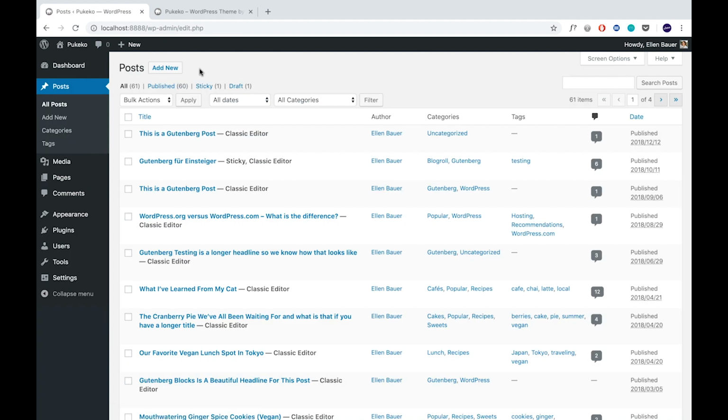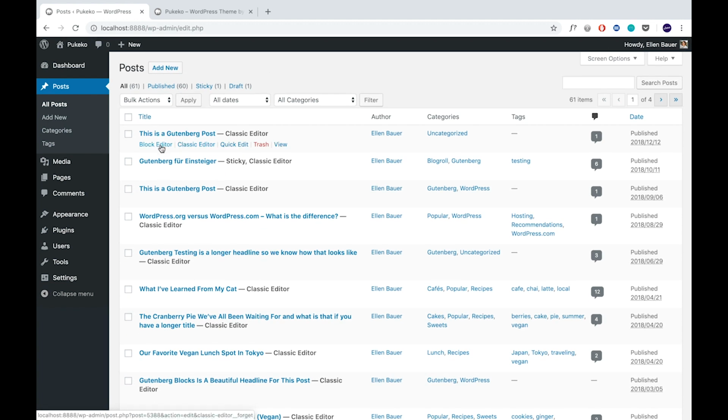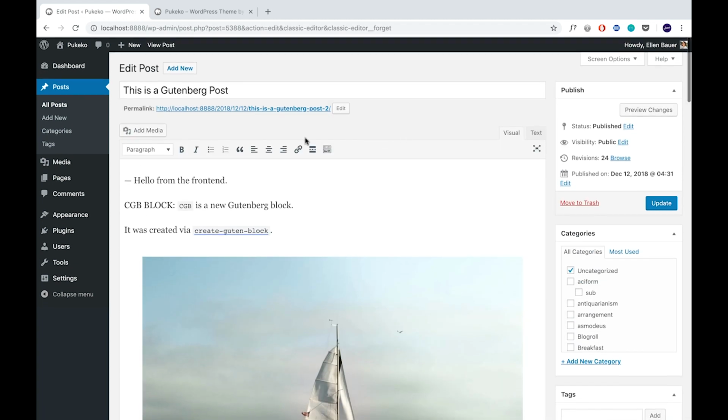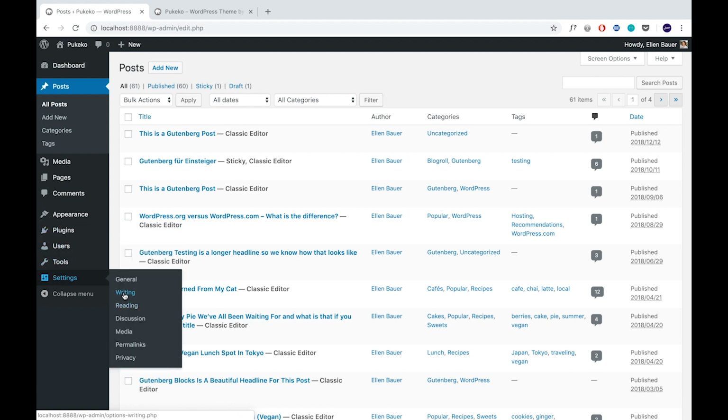Then I will get a similar situation to, or actually the same situation as when Gutenberg was still a plugin. I have posts that are in the classic editor, and I can choose here between the block editor, it's not called Gutenberg any longer, and the classic editor. So now I can decide for each post how I want to style it, which kind of makes sense if you maybe want to use the Gutenberg editor for posts but not for your pages. So this is a situation where this option is kind of interesting,